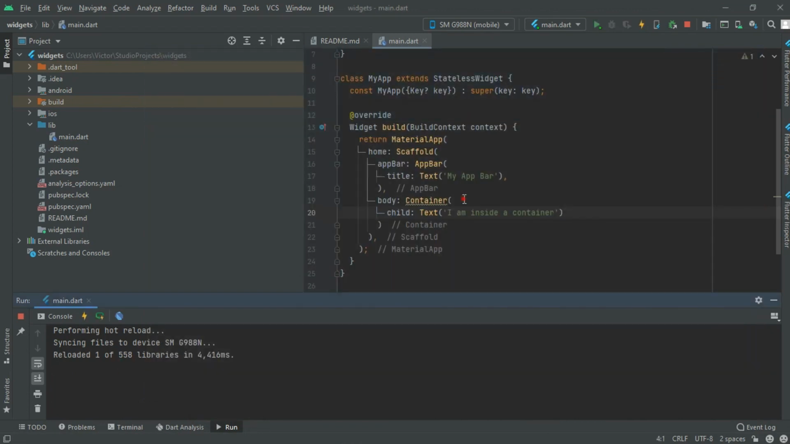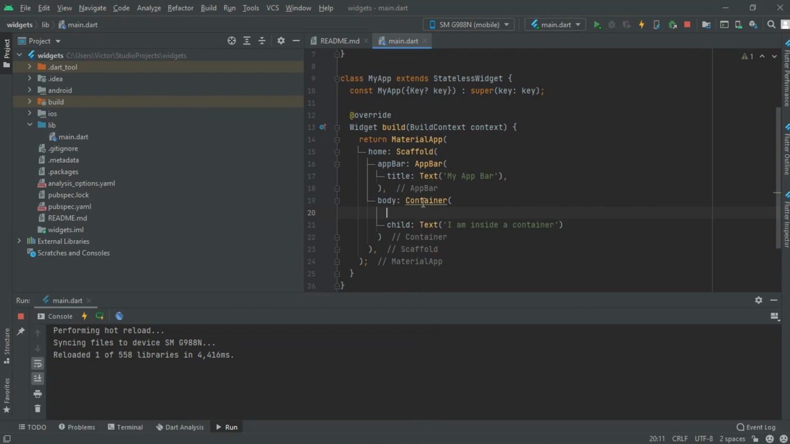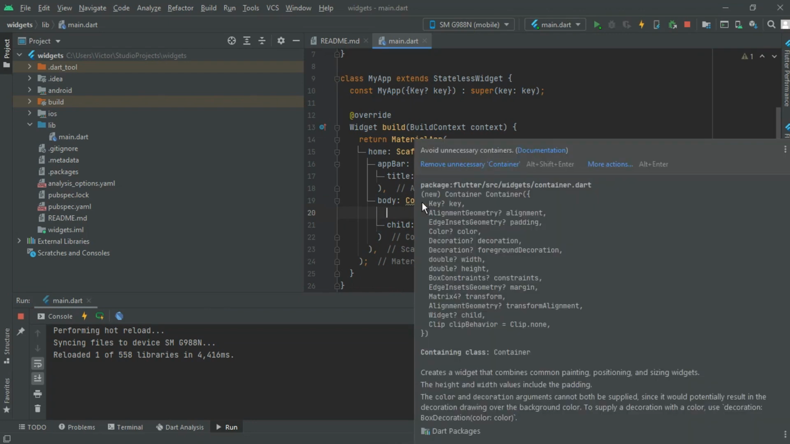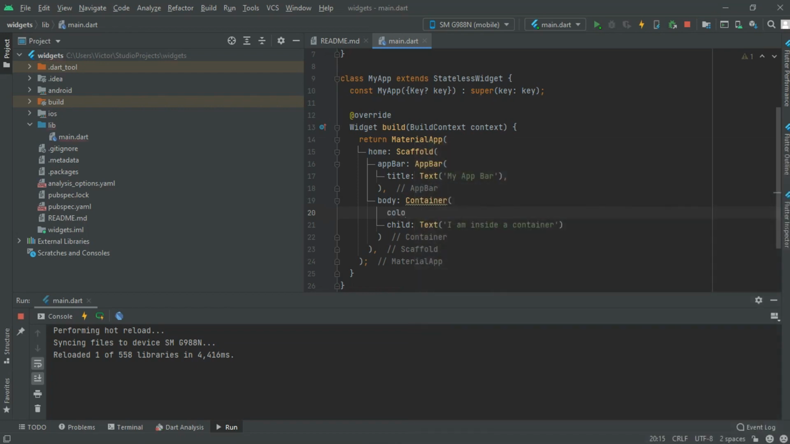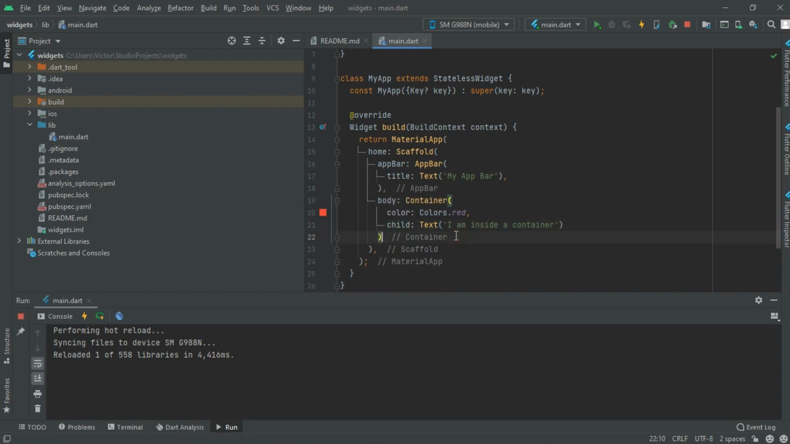Now if you give this container a color, we have a color property here. So if you say color, and here you give it Colors.red. Well, I'm having errors here. Let me see where that is coming from. Okay, so that was nothing. If we save this